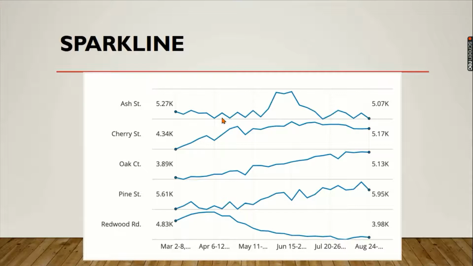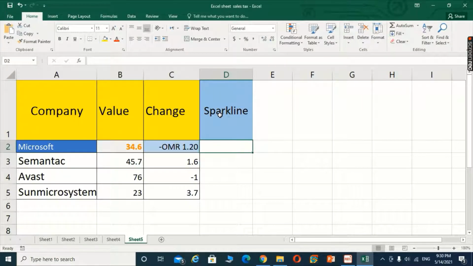Okay students, now we will apply the sparkline chart in Microsoft Excel. In this way you can understand how we could apply sparklines in Excel data. Okay students, now we are here in Microsoft Excel and we already have a sheet. You can see on the screen there are different values related to the company's values and changes are also given on the sheet. Now we are going to apply the sparkline chart on this numerical data. So how could we apply the sparkline?